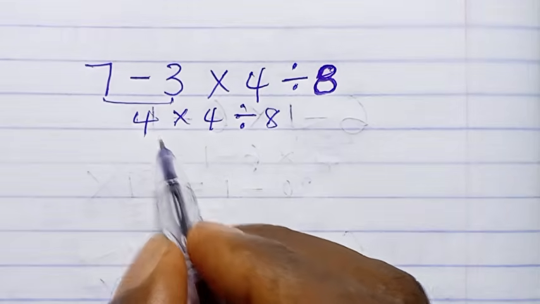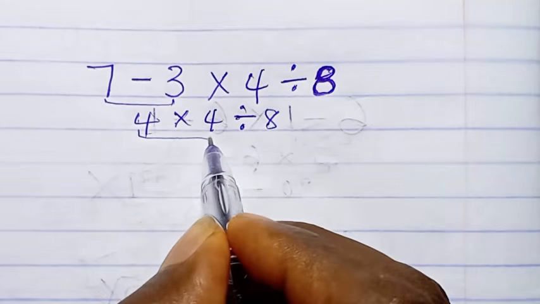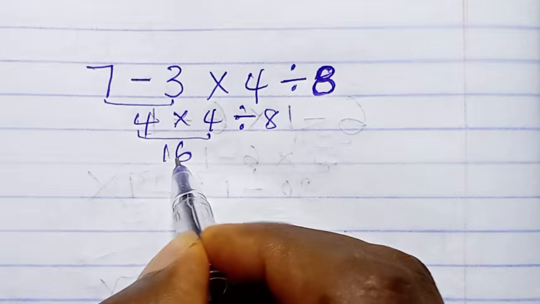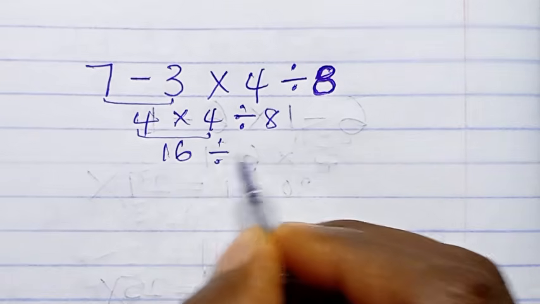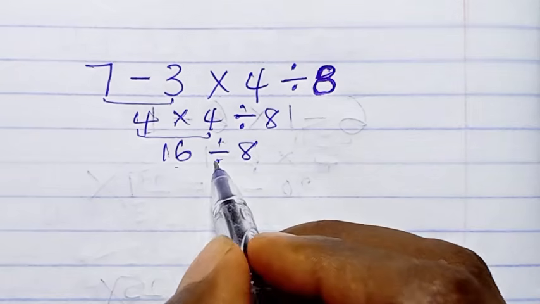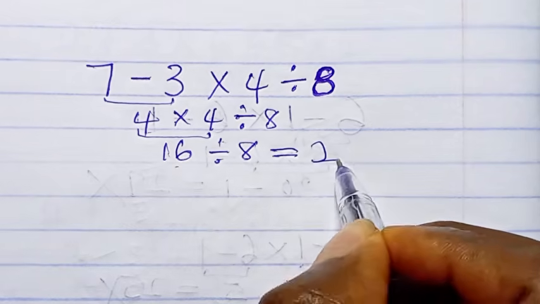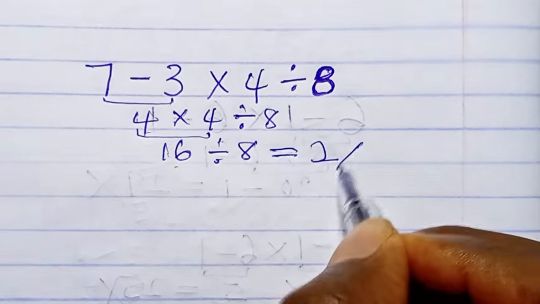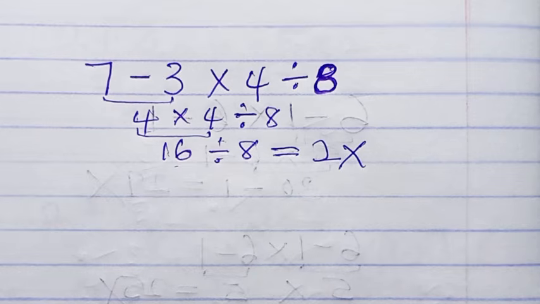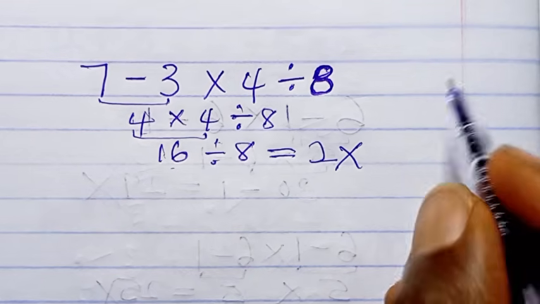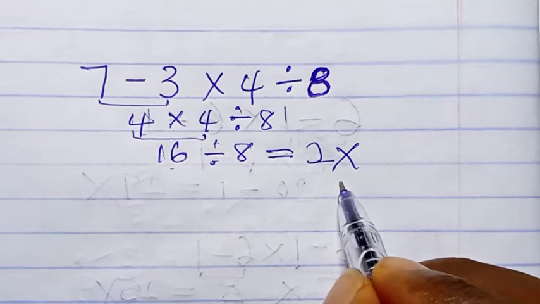8. 4 times 4 is going to give us 16 divided by what? 8. 16 divided by 8 is going to give us what? 2. But this answer is wrong. Right? According to PEMDAS,